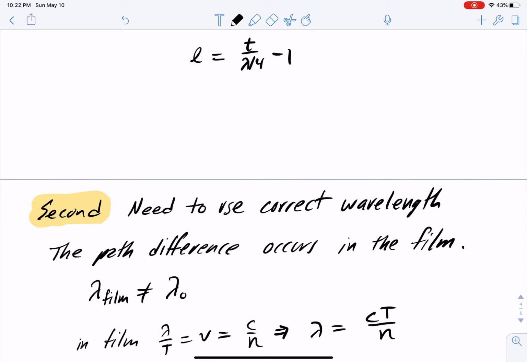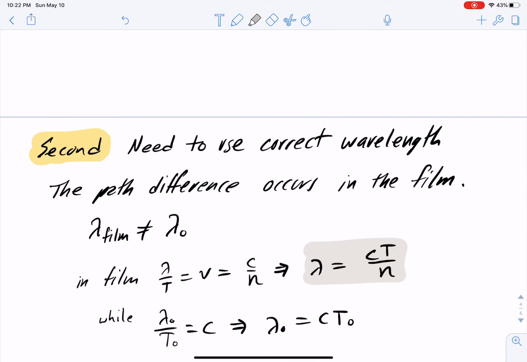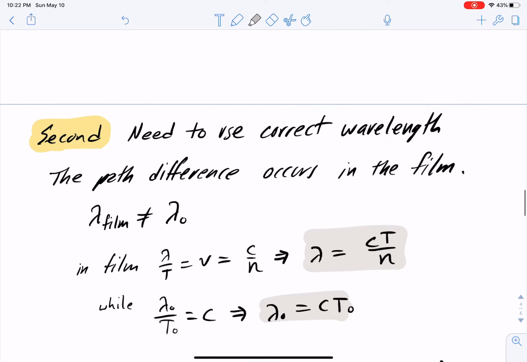And we can figure this out because the wavelength divided by the period gives us the velocity of the wave, which is the speed of light in a vacuum divided by the index of refraction. So that allows us to write the wavelength as the speed of light times the period of the wave divided by the index of refraction. Now in a vacuum we could do the same thing, except we don't need the index of refraction because the index of refraction is 1. Okay. Now if we take the ratio of these two equations,